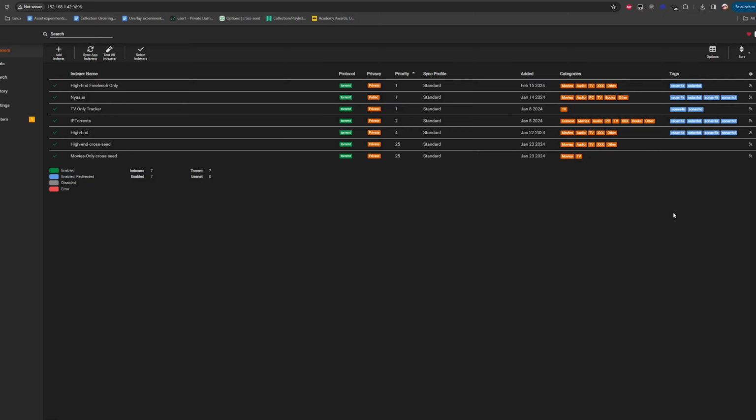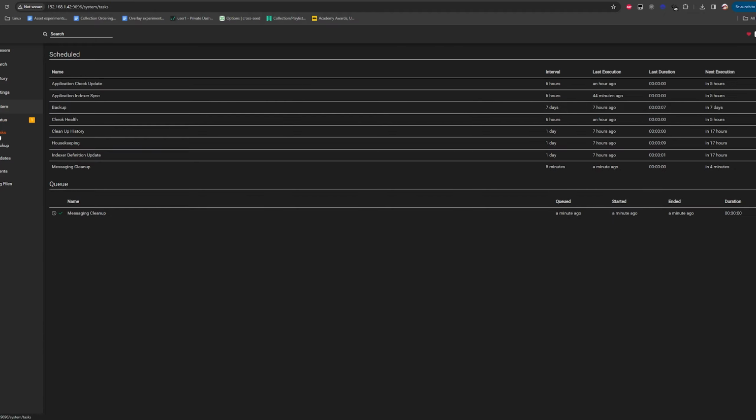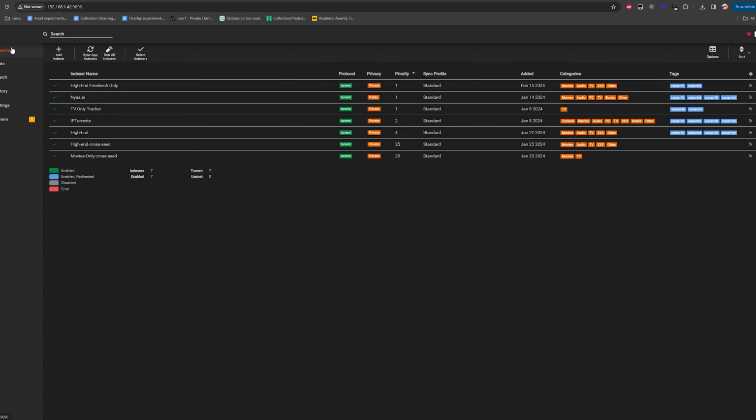Moving forward, I want to show that I have a TV-only tracker here with a priority of 1, set to Sonarr 4K and Sonarr HD in terms of the syncing priority. Remember, Prowlarr syncs through tasks right here, application, indexer, sync. There are two modes that Prowlarr uses to sync indexers: full sync and add and remove only.